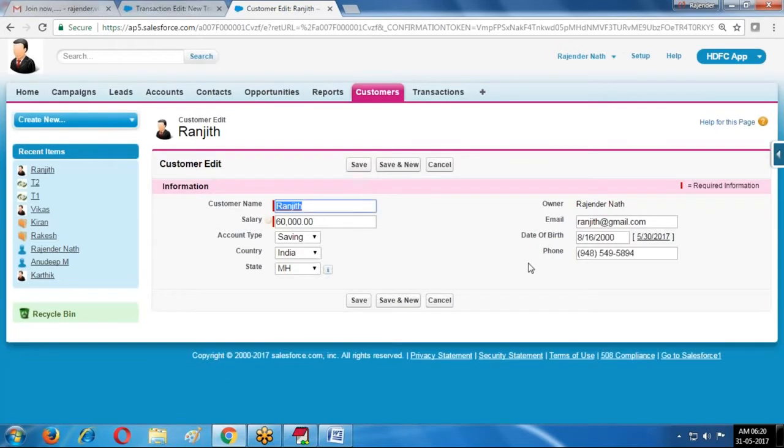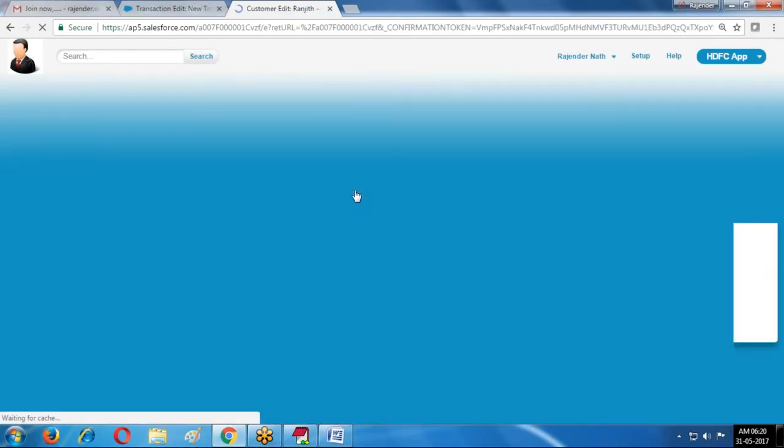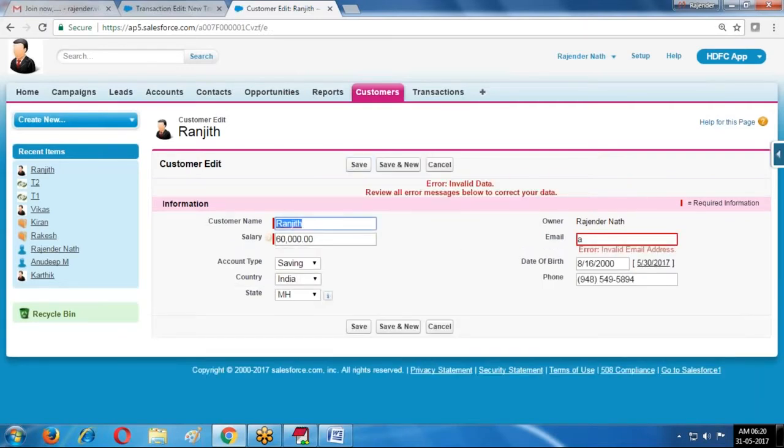If I don't provide any value, there is no error. Only when we provide a value does it validate. If there is no data, no validations. Here, if I provide A, it identifies and validates your email ID.